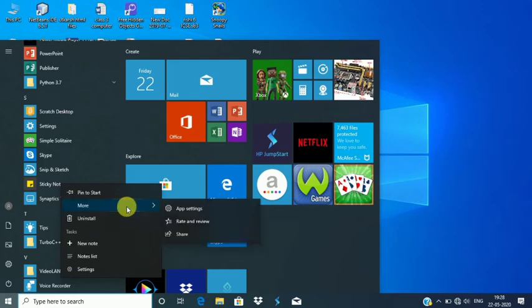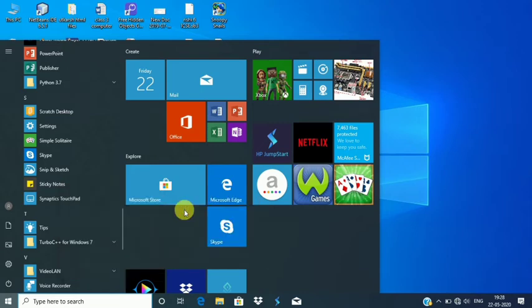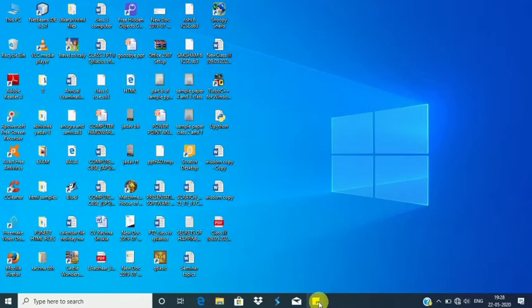So go to the more option and select pin to taskbar. After this, you can see that now we have the shortcut of that selected program as a pin on the taskbar.